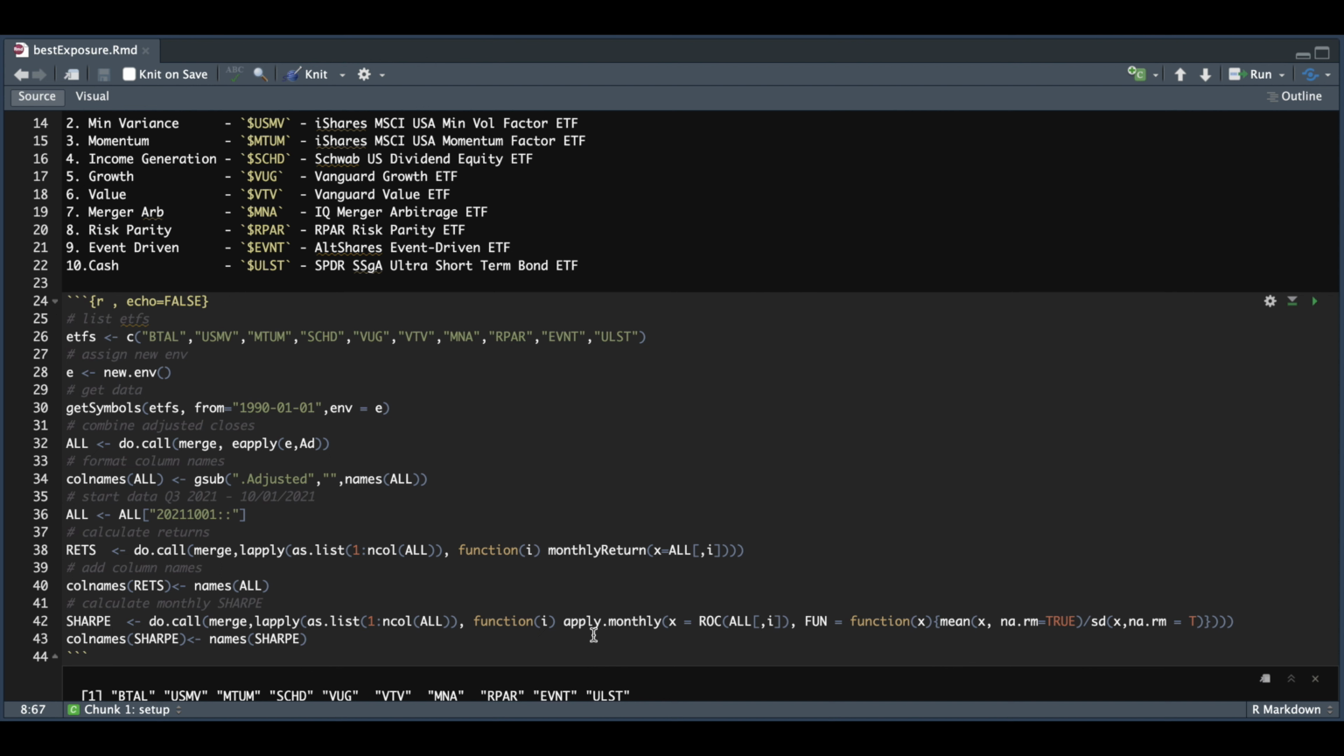Hey guys, welcome back. In this tutorial, I'm going to be trying to find what strategies have been working on a month-to-month basis and testing whether or not the momentum can continue. So what we're going to be doing is listing 10 different strategies, and each one of these correspond to these